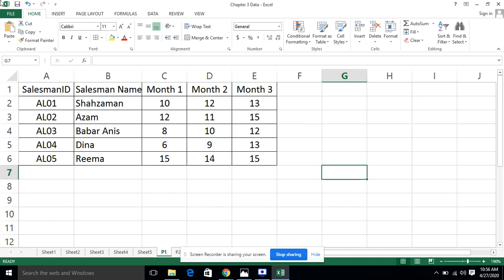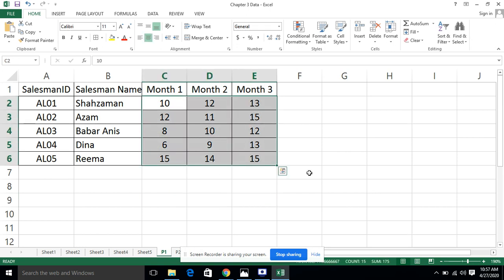And the question was that where the cars sold are more than 10, just change it to a red background. So how can we do this job? We will select this area where the cars sold values are mentioned in month 1, month 2, and month 3, and we will go to the option.